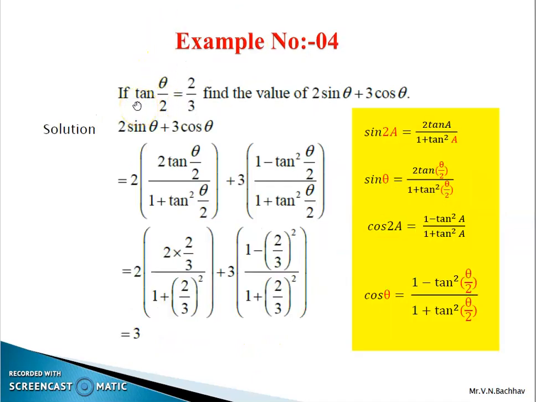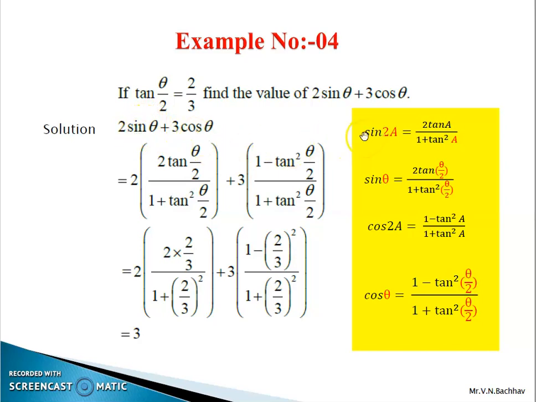Example number 4. If tan theta by 2 is equal to 2 by 3, find the value of 2 sin theta plus 3 cos theta. Here we are given tan theta by 2 is equal to 2 by 3 and we find 2 sin theta plus 3 cos theta. First we recall and remember sin theta